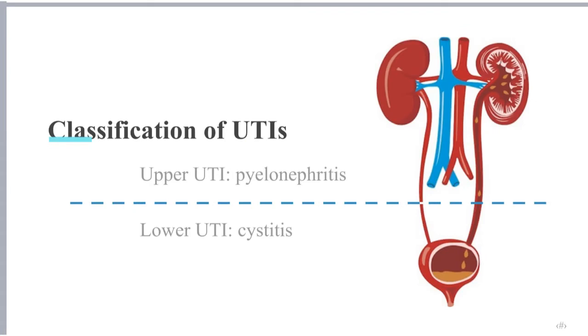In general, we can classify UTIs as upper and lower. The upper UTI is known as pyelonephritis. Lower UTIs are known as cystitis. We use the cutoff there of anything that happens downstream from the kidney is generally a lower UTI or cystitis. Anything in the upper portion of the kidney output and anything that involves the kidney is the upper UTI or